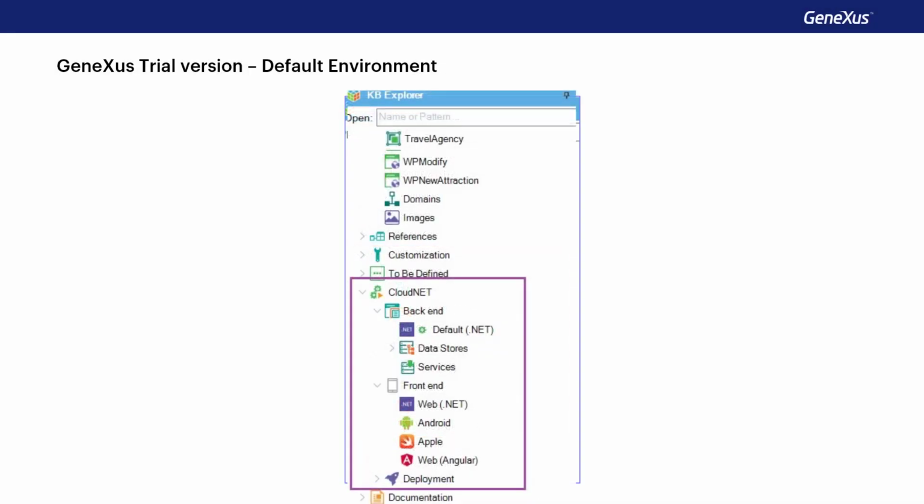Finally, if you're using the trial version of Genexus, it's not possible to define new environments. When creating the knowledge base, the only execution environment that will prototype in the Genexus cloud is defined by default. It'll have C# as a generator for the backend, and C#, Android, Apple, and Angular for the front-end generation.